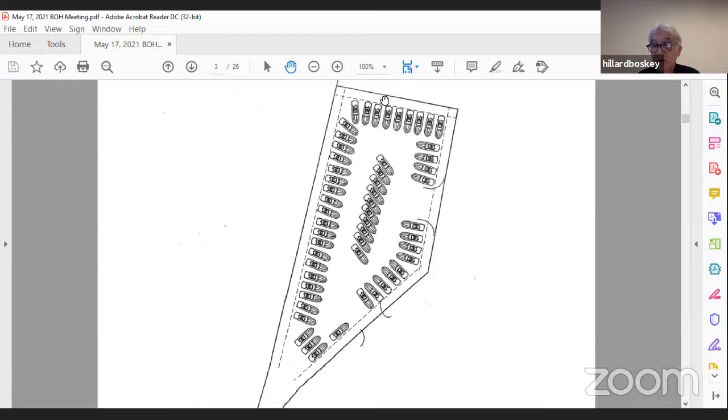This application is quite different than other ones that the board has seen in sense of quantities of toxic materials. I don't see a problem with this. I've read the whole thing. Charlie, do you have a question? No, I don't have a question. I don't see a real big problem with this whole setup. I've read the literature and it all makes sense. The thing that I thought of first was if I was going to store a boat, last thing I'd do is store it with fuel. But Bruce says that the state decides that they got to be full tanks, which doesn't make sense to me, but you know, if I was going to store a boat, the last thing I'm going to leave is fuel in the tanks.